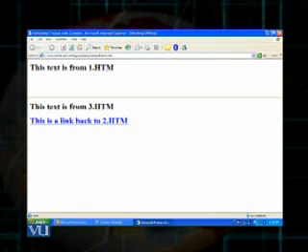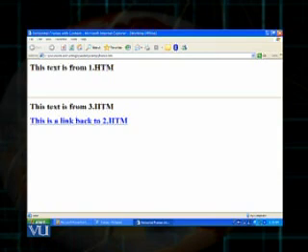So in this way, we can switch different web pages, we can interlink different web pages, and we can get these different web pages displayed in different frames using the target attribute in the anchor tag. As you can see in the slide before you, when the file 3.htm is opened in the lower frame, it has just two sentences: This text is from 3.htm, and the second sentence, This is a link back to 2.htm.